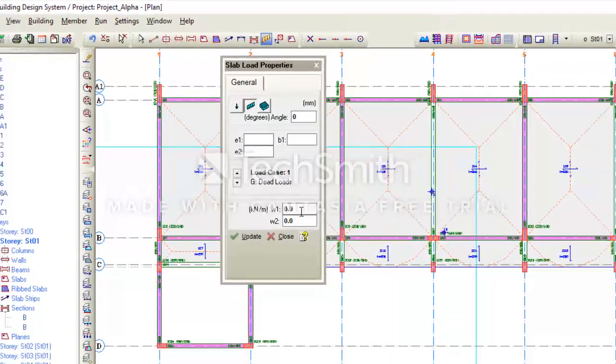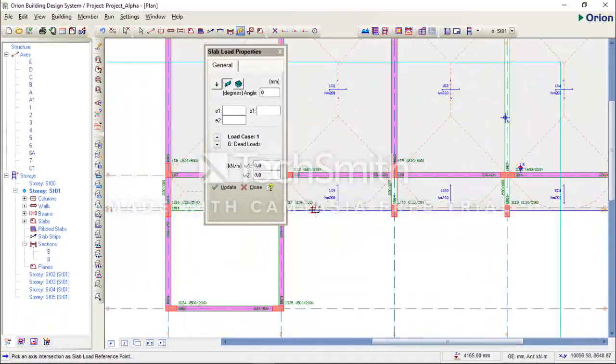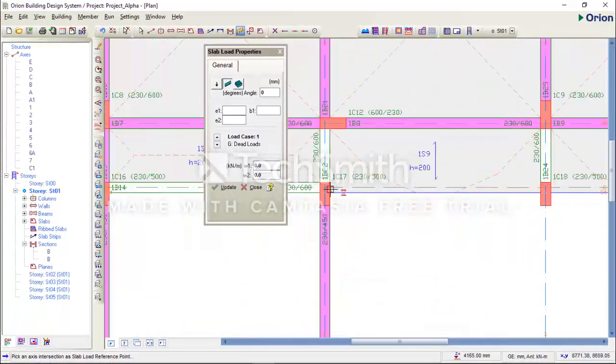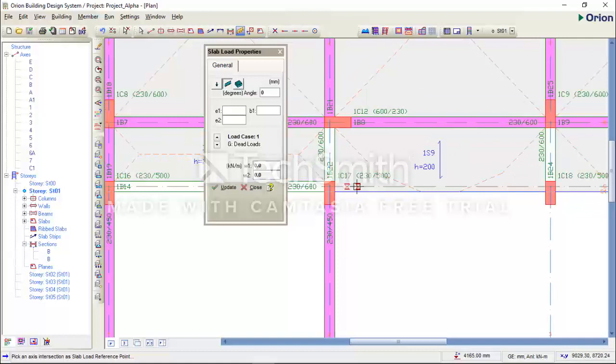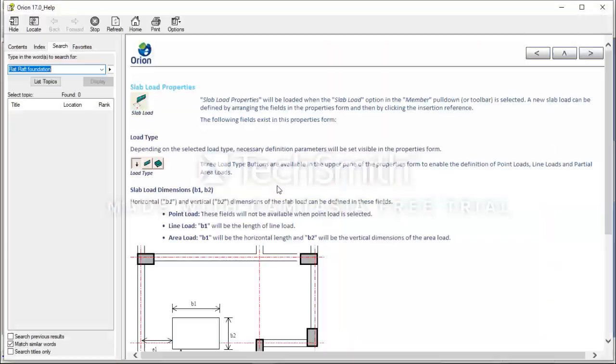So I want to apply line load at the perimeter of my slab. Actually, I want to apply line load along the grid line of the slab. This black grid line. I want to apply line load from column to column along the grid line of the slab. I want to apply a draft architectural wall of 1.5 meters. To explain all this specification, E1, E2, B1, W1, W2, I'll click on this help button here